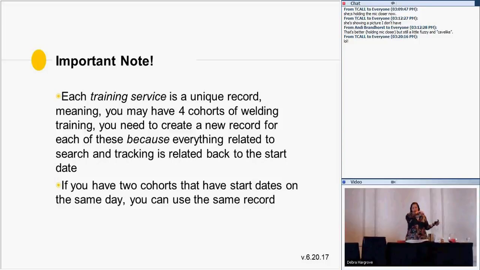Carrie, does the start date of the training have to link up with the ETP? No. Okay, let me clarify. The reason the date is tied with the ETP is that ETPs have a time frame.